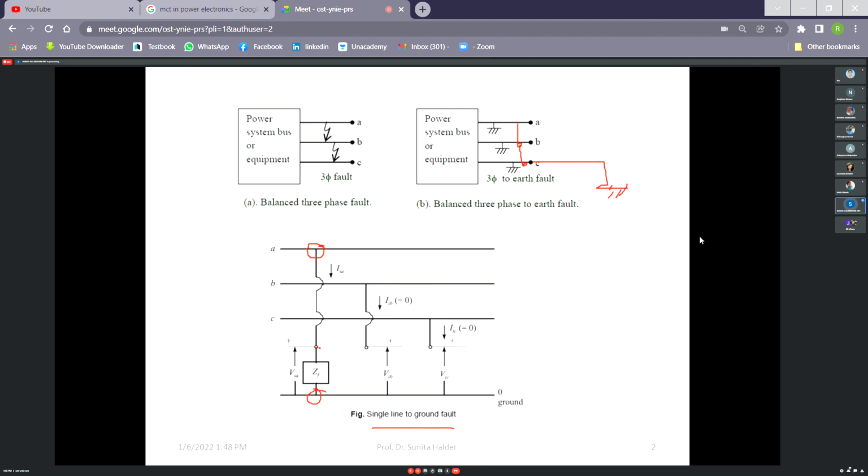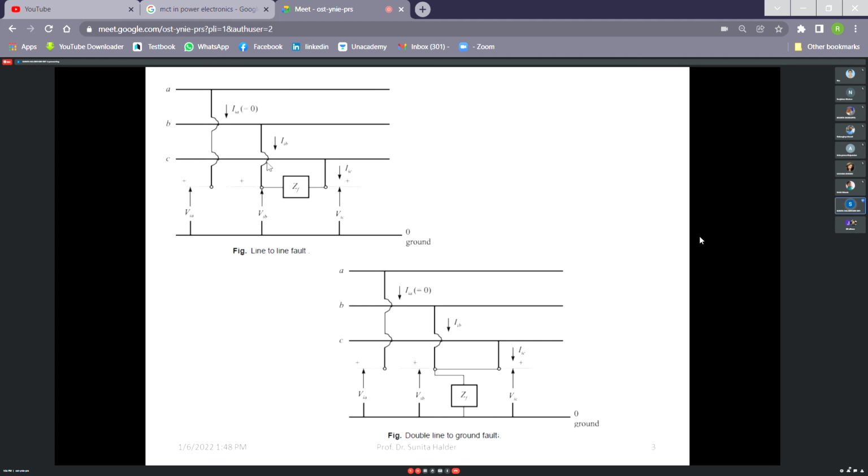Now it may be directly grounded, or there may be some obstacles that we may represent by an impedance, that is called ZFE, fault impedance. So in that way, that may be shorted. So this is the single line to ground fault. You must interrupt me if you cannot follow.